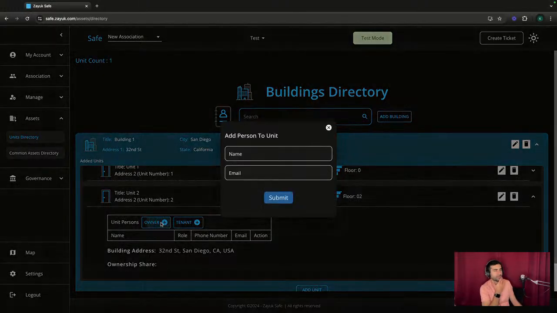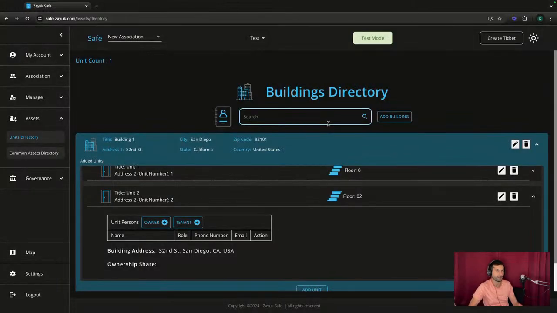Tenants can't vote, at least that's how we have it allocated so far. If there's customer need for tenants to vote, we'll change that. But since it's all associations, owners are the ones that are permitted to vote. And you can go to our documentation on Zayuk.com, where we have this all listed out under the voting section. Our general votes are allocated to each unit,